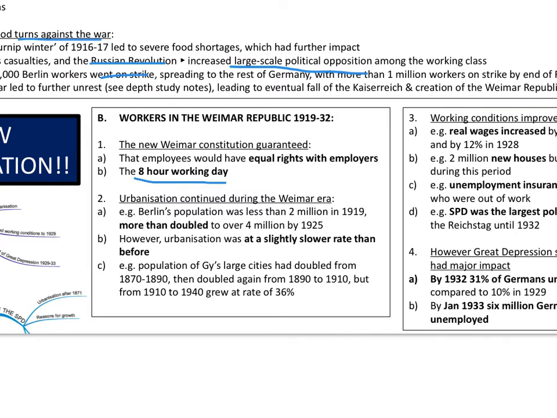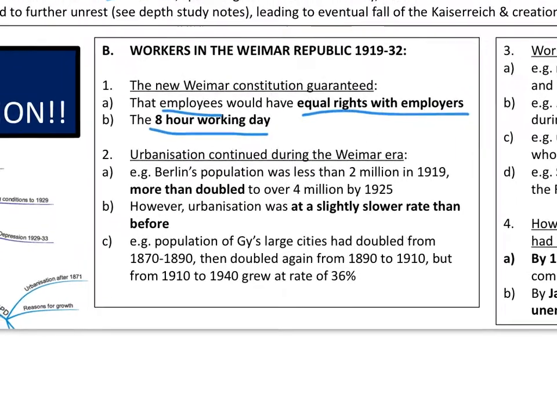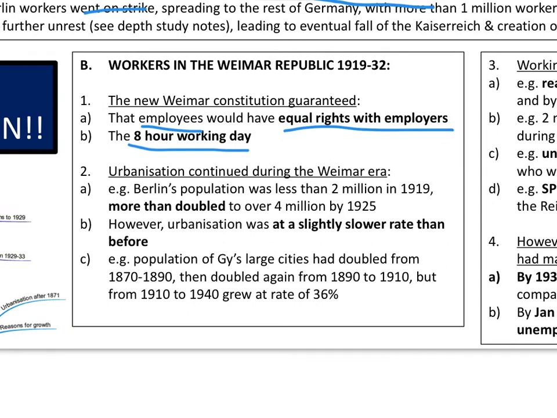It also guaranteed that any employees, and that included the working class, but it also included white-collar workers, for example, had equal rights in the workplace with employers. So those were big gains, because Weimar Germany was a democratic system, the most democratic system in the world in many ways. The other thing to understand as we move into the 1920s is the growth